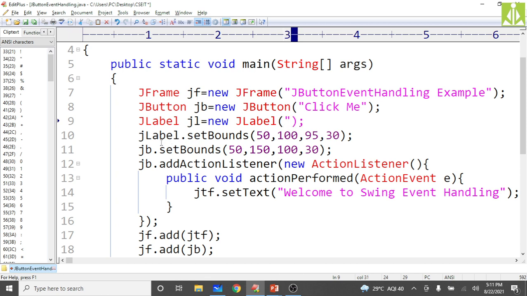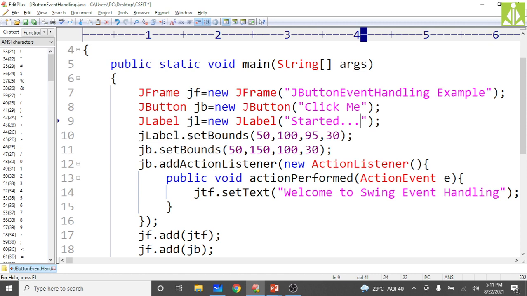Initially, make it started, some simple message I am giving. And when you are performing, for the button only we are performing.